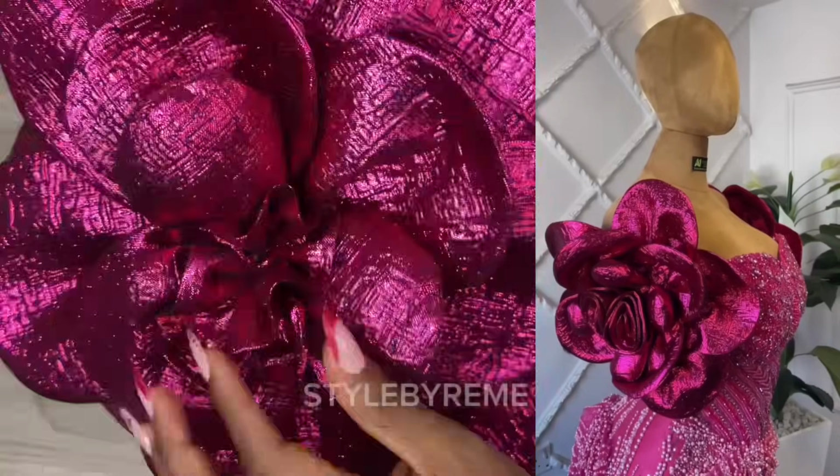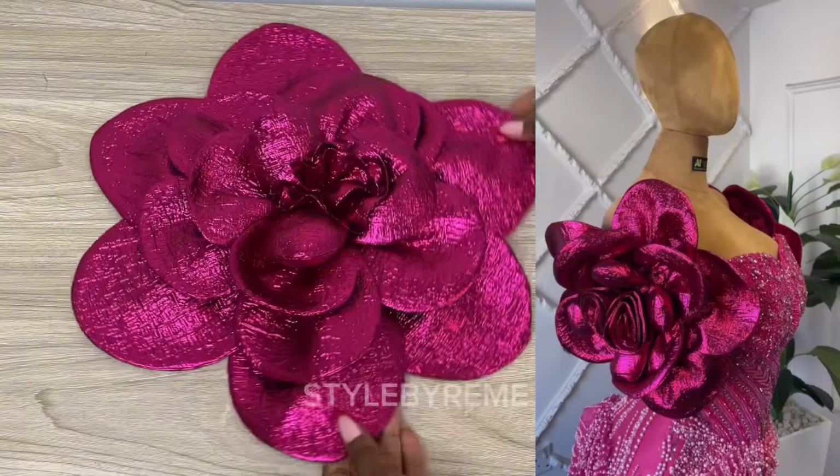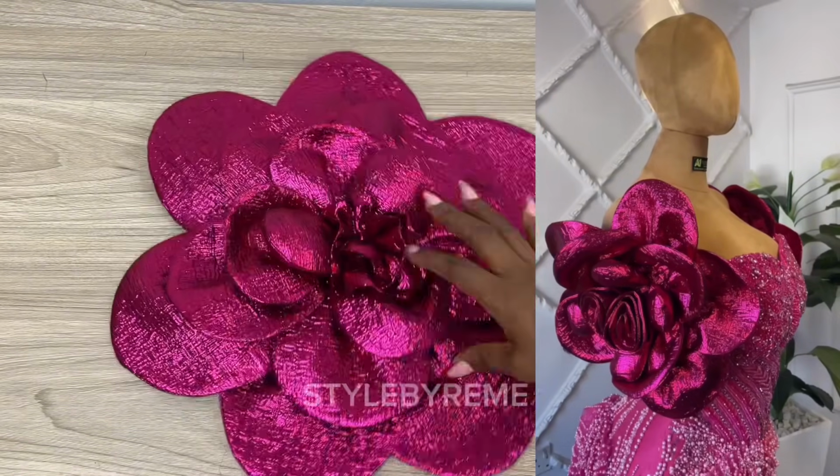My name is Osereme, and in today's video we are going to be making this beautiful fabric flower. This is something that you can use for a sleeve. As you can see on the screen, it was used for a sleeve, and that's what I intend to use